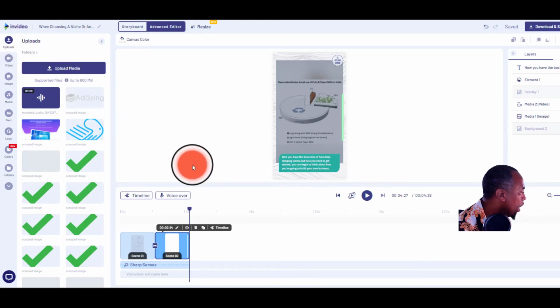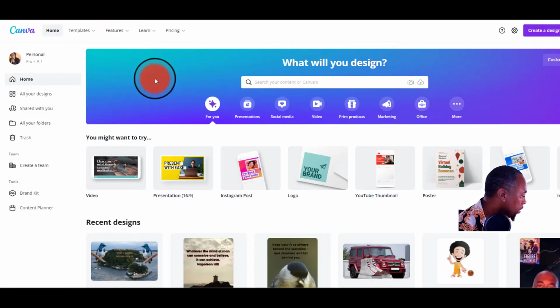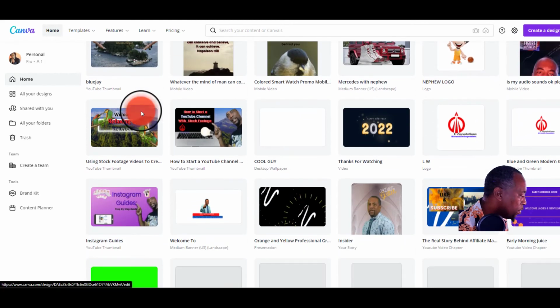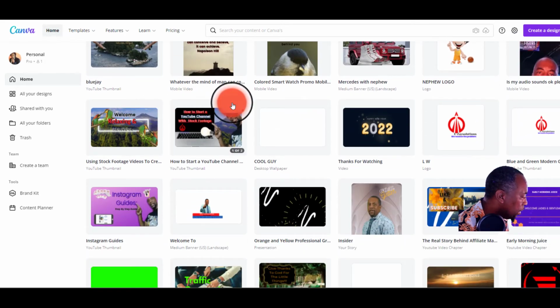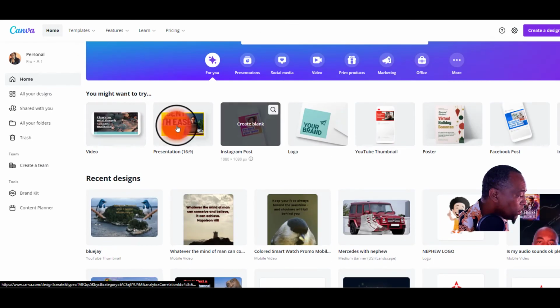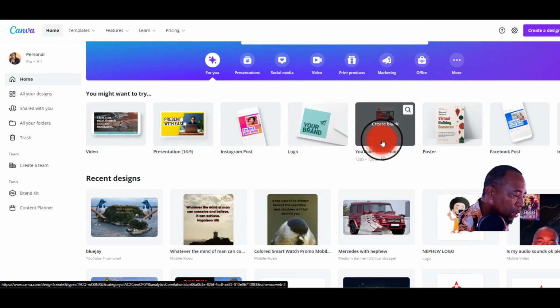Okay. Now, with that being said, let's go to one of my favorite places, and it's free as well, and that is Canva. Yes, canva.com. I will leave a link down below. As you can see that I do have a few reels in here. Like the one that you want to pick is maybe like either the Instagram post, not the YouTube thumbnail, but Facebook post,